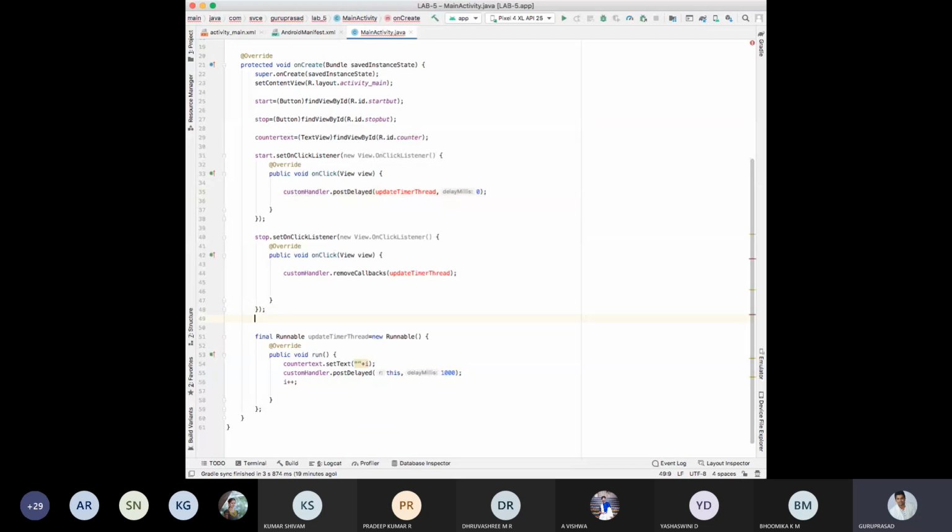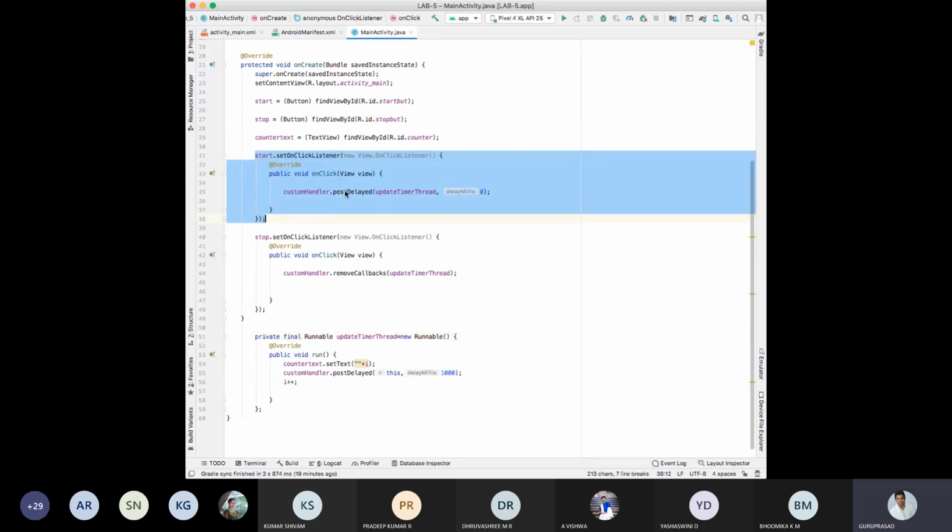So it is removing this. Private. Understood? Why am I starting this? Started, post delay, update timer thread. So it is coming here. What is mentioned in this method?